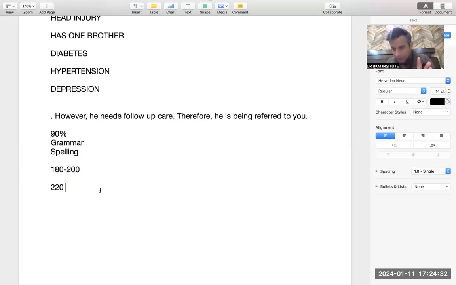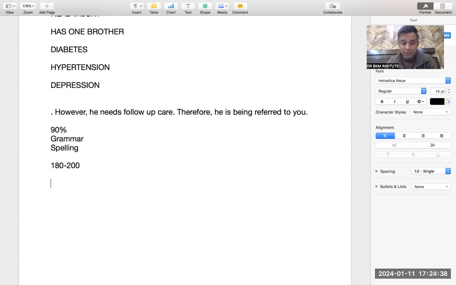These are the stupid things people do. Don't do that. Don't erase if by chance you write 220 words. Always, in the start, try to use the data which you are sure of. Suppose there is any data you are not sure of, then leave that line. Suppose after you have completed your letter, you have written 175 words. Now, the line which was confusing you, you write it in a simple way: please note, the patient is also having hypertension. Suppose you were confused whether to write hypertension in this letter or not, then that is the best way.